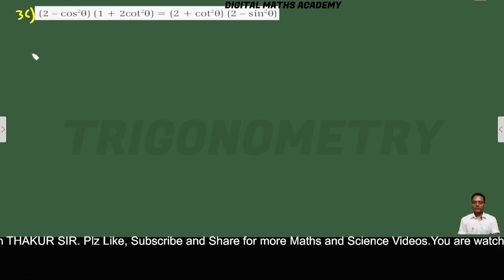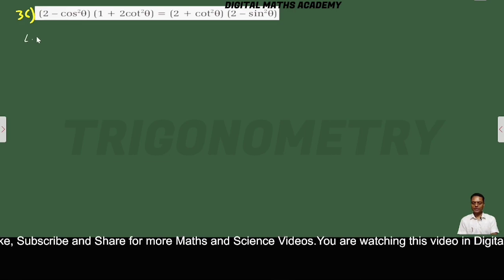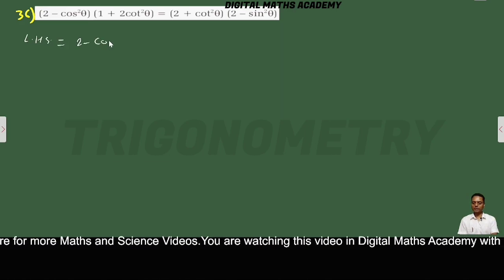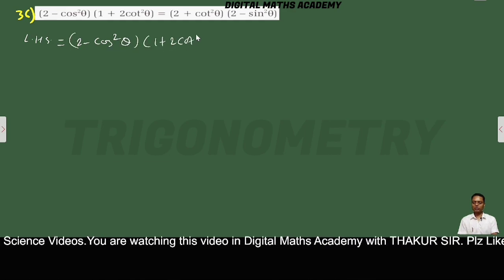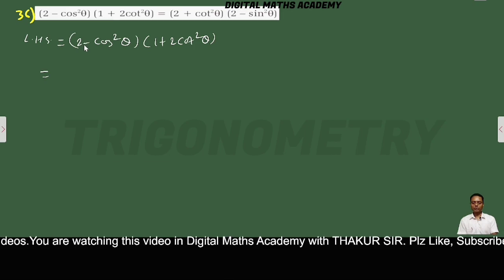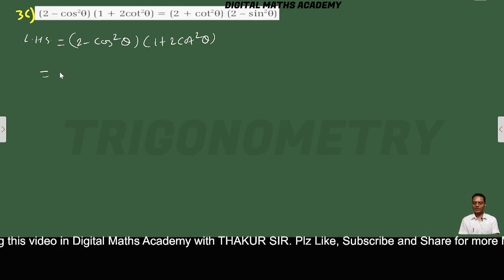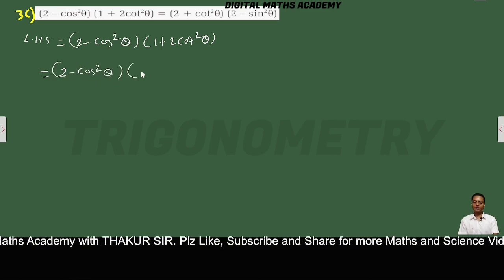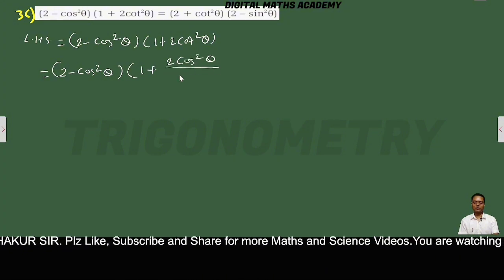So number 36, we can choose left hand side or right hand side, it doesn't matter. So let's choose left hand side. Left hand side equals (2 minus cos square theta) times (1 plus 2 cot square theta). So we are going to change cot square into sin and cos, that is cot square equals cos over sine. So 2 minus cos square theta, and here 1 plus, we can write 2 cos square theta by sin